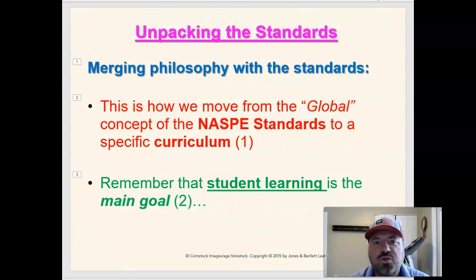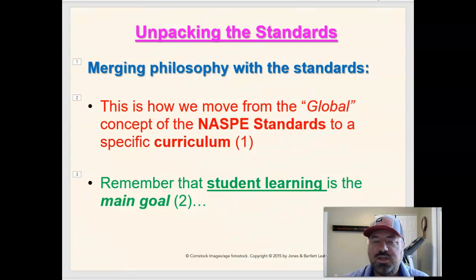Just because you have a curriculum guide developed that you worked on doesn't mean you can't adapt because of the baseline level of your students. So we'll take our global concept of the NASB standards. They're real broad, foundational. We're going to learn how to use the GLEs and GLOs that are attached or fall under the umbrella of each standard. And then we will tease that out into individual units and individual lessons. So that is what we mean when we talk about unpacking the standards. We start at the standard and we end up back at the lesson.